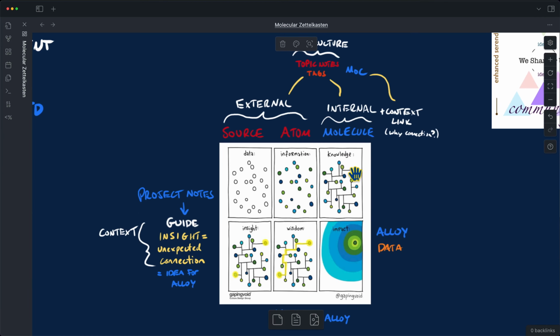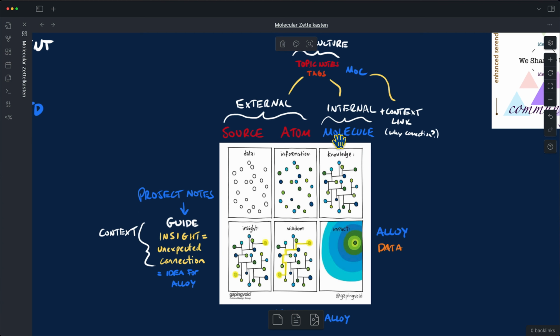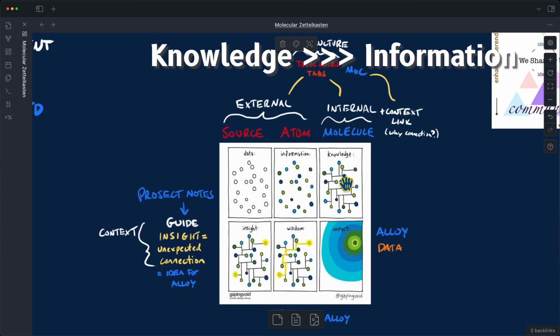That applied information, that connected information, is like taking the atoms and adding your own ideas or thoughts or insights, and you link them together. You bridge concepts together. This is what I call a molecule, or in Zettelkasten, this would be a permanent note. So once you've begun creating your idea generator slip box, your thinking box, you can then go back through and take a look at the knowledge that you already have consumed. It's something that is a lot harder to feel overwhelmed with because it's knowledge, not information.